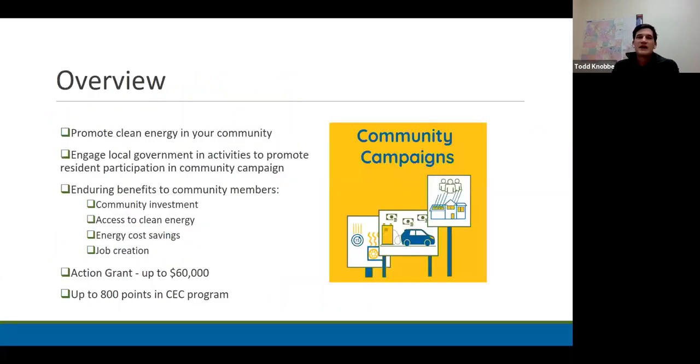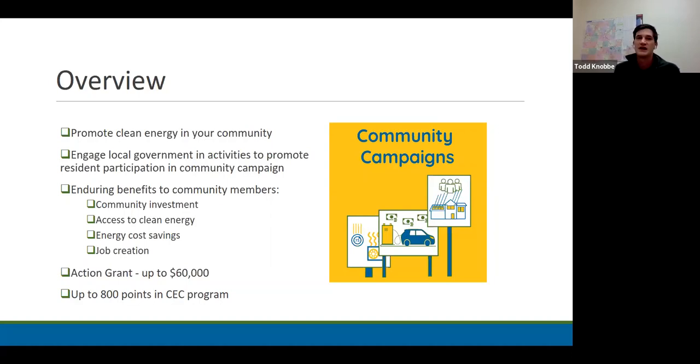The community campaigns action has been designed to promote clean energy within your community. It's also designed to help local governments engage and promote resident participation in different community campaigns and programs that help support clean energy.